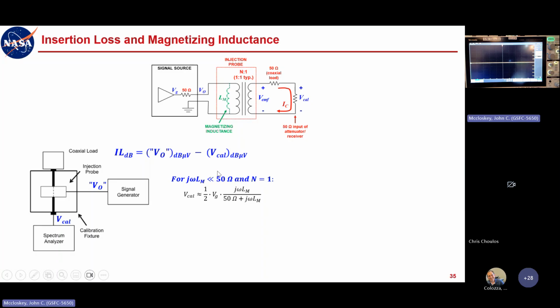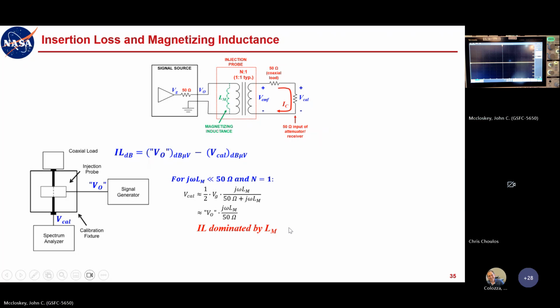So your VCal is going to have this factor of 1/2 here, but then the induced EMF is going to be approximately your generator potential upstream of the 50 ohm source through this impedance divider, consisting of the magnetizing inductance and the 50 ohm source. And that's all this is. Okay, so the insertion loss at low frequencies is going to be dominated by the physical magnetizing inductance of the